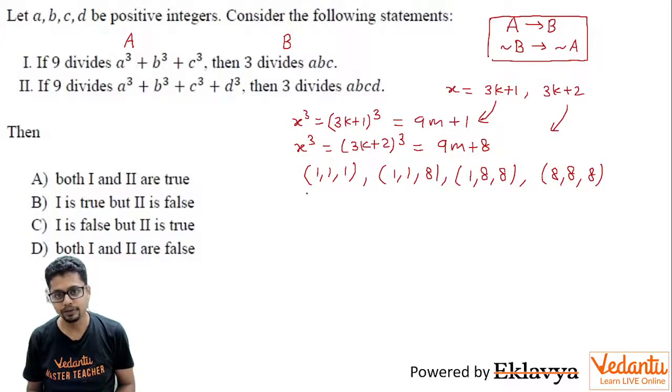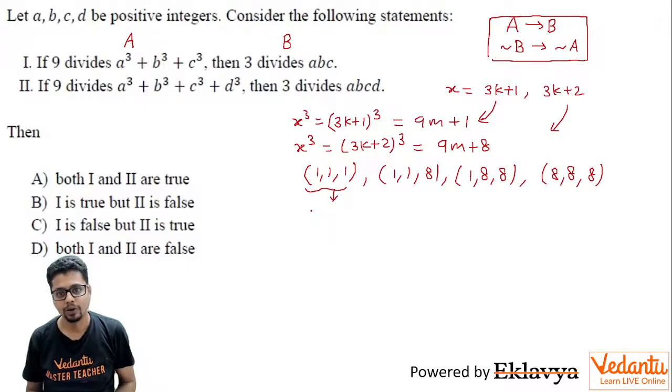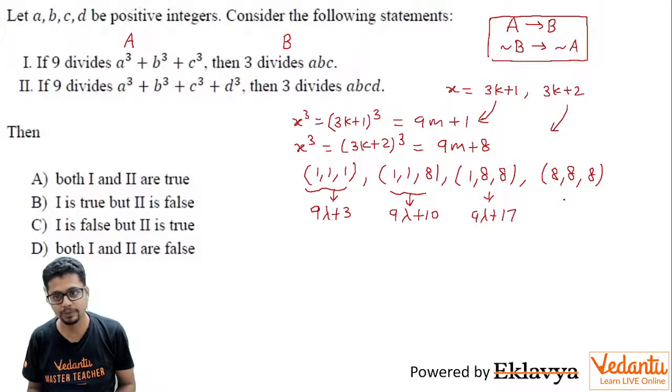So here if you see carefully, the sum turns out to be what? 9m1 plus 1, 9m2 plus 1, 9m3 plus 1. When you add them, what you get is 9 lambda plus 3, which is not divisible by 9. Here similarly you get a cube plus b cube plus c cube of the form 9 lambda plus 10, or you may say 9 mu plus 1, because 10 you can write as 9 plus 1. So again not divisible by 9. Similarly, this is 9 lambda plus 17, not divisible by 9, and you have 9 lambda plus 24, again